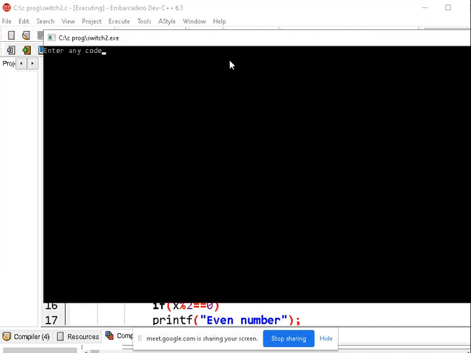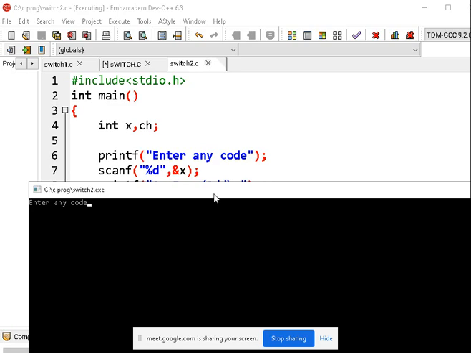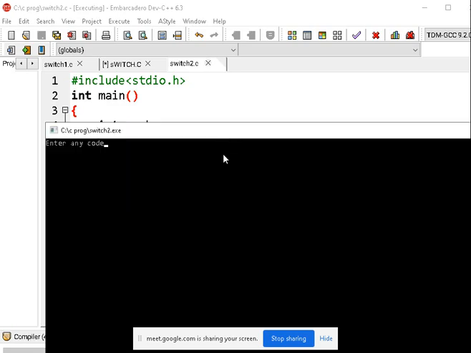Oh, it is still there. Okay, I am entering 25. So what do you want to find, even or odd, eligible to vote, or the third operation? Tell me which operation you want. Select your operation, what do you want on that number. Select even or odd. Okay, so what is the code for that? What is the choice?